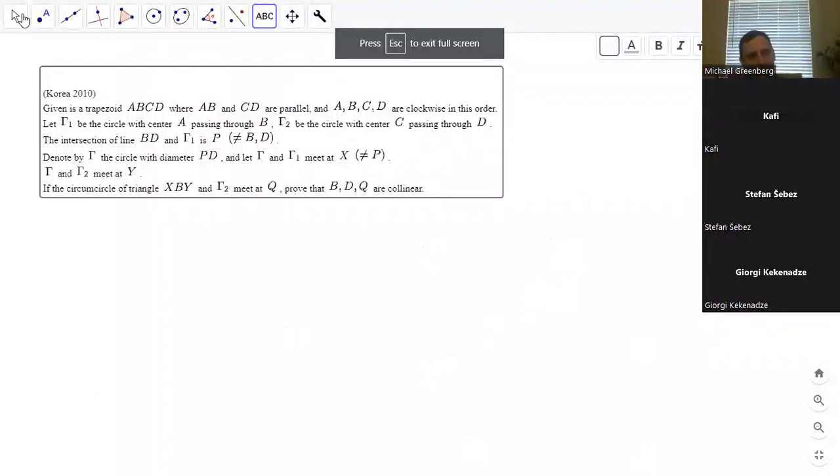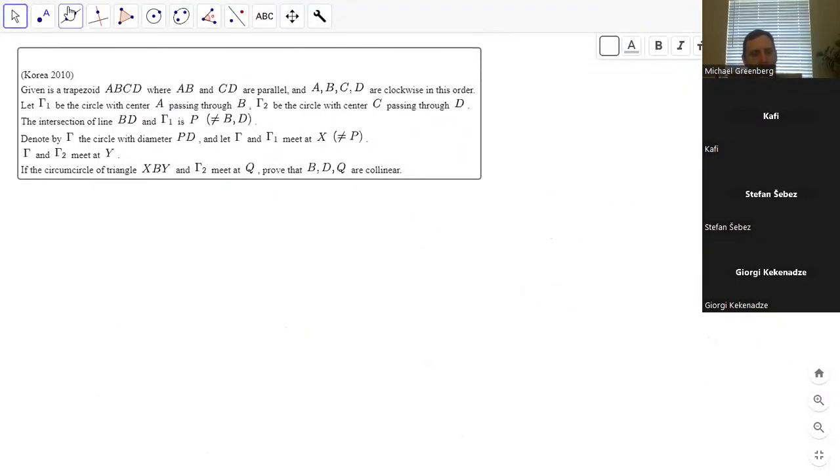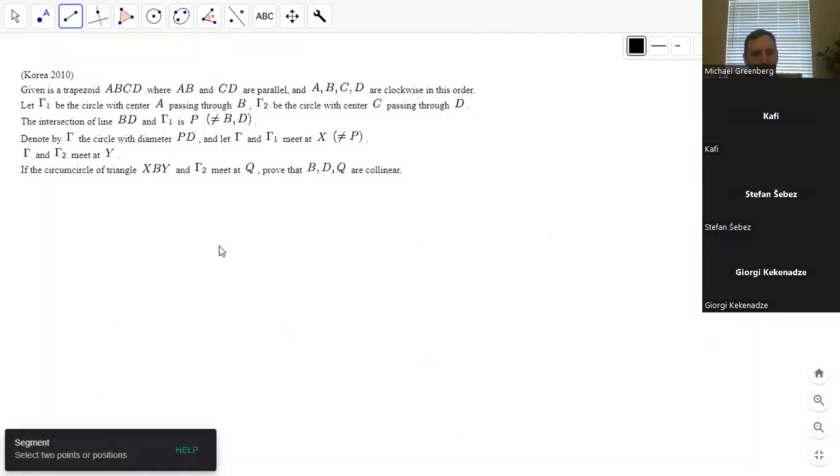All right, so the remaining problems, I don't know if they'll be easier or harder. Let's see. So we have a trapezoid. I think some of them are